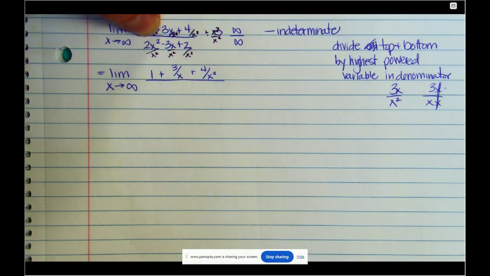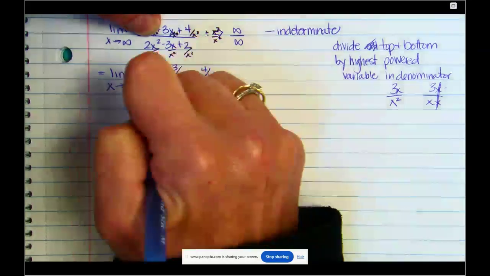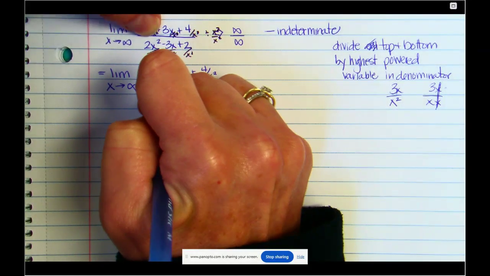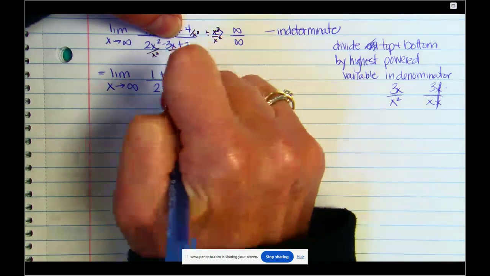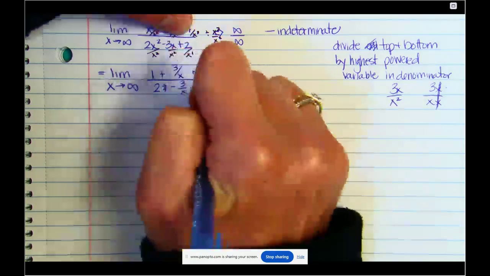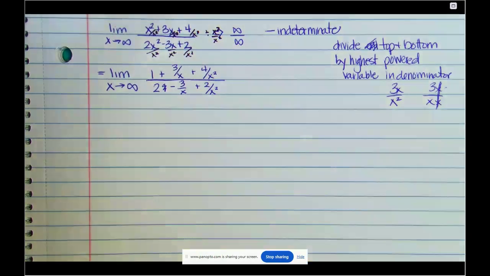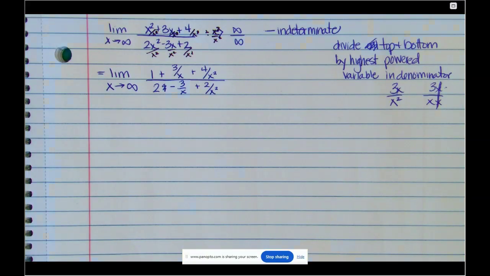Okay. 2 divided by x squared over x squared is what? 2. Okay, whoops, sorry, that's a minus. So I've got 3x over x squared, which is what? 3 over x. And then I've got a 2 over x squared. Now, you probably sit there and go, this did not make that any better.